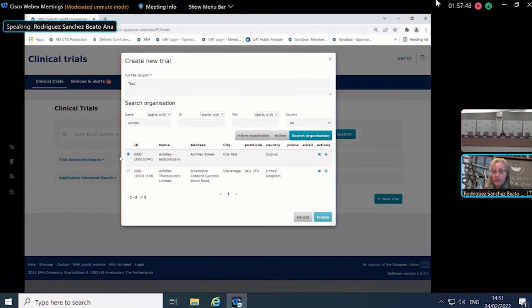So I cannot create because this organization has a sponsor administrator. So that's the way it works. That's why, as I said, it's much more secure to follow the organization-centric approach, because the user needs to be assigned a role by the sponsor admin, and in particular, the CTIS admin with a scope of all trials is the only one that can come and create a trial.